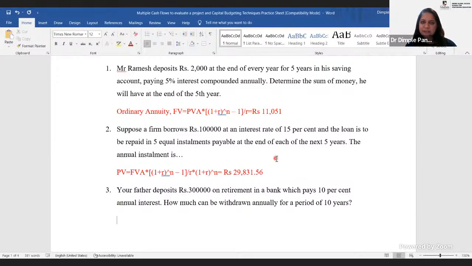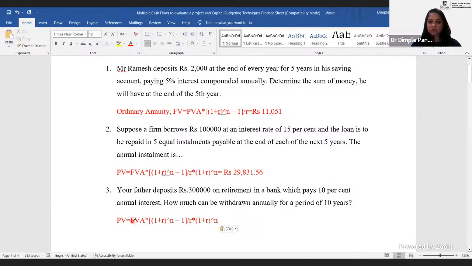So first one or second one, what do you think? I'm going to withdraw an equal amount in the future. So that will be the second formula. PV is equal to FVA1. Today, I'm going to deposit 3 lakh in the bank. That is the present value. How much can I withdraw in the future at the rate of interest of 10% for